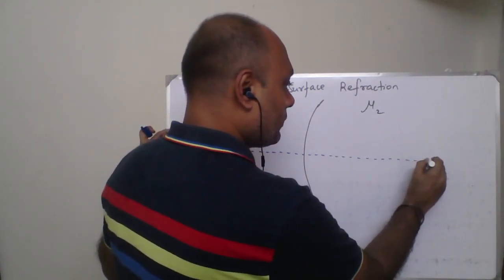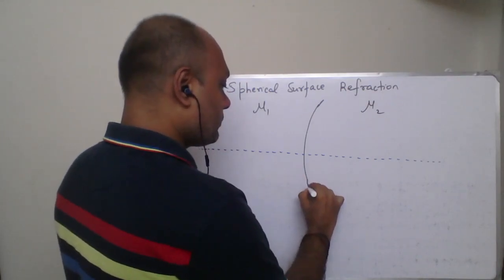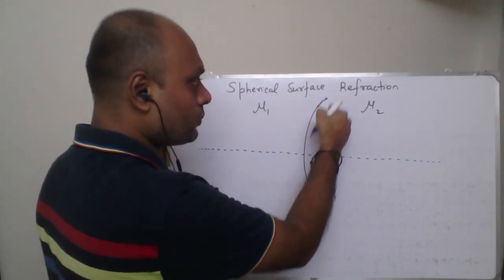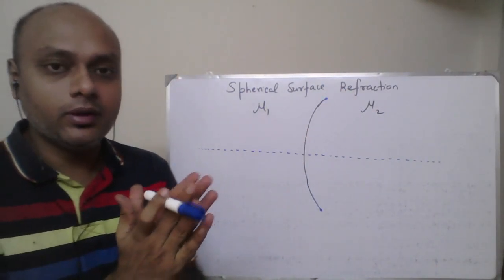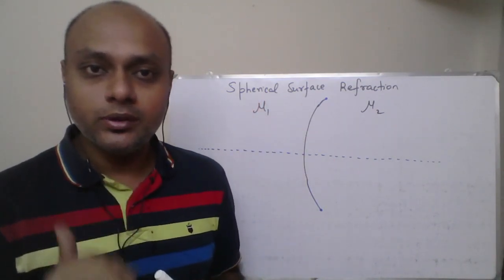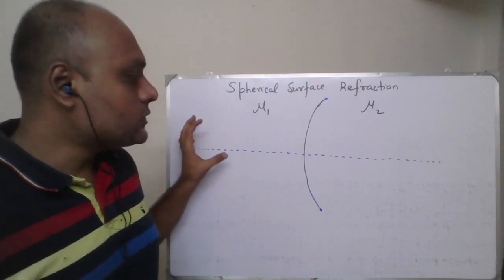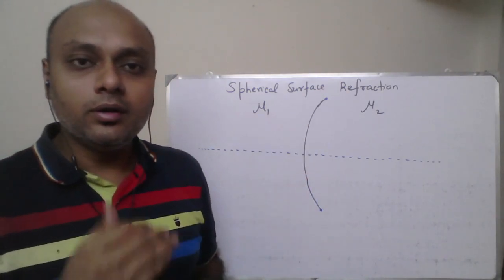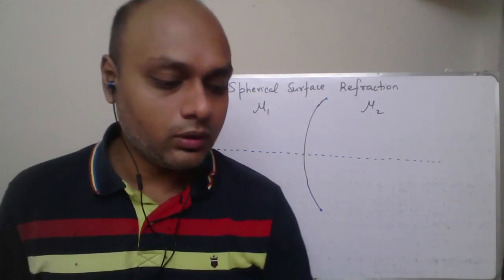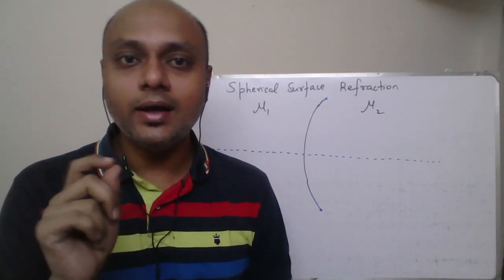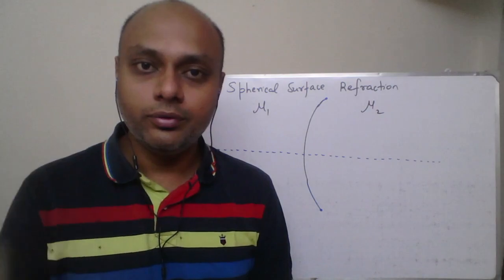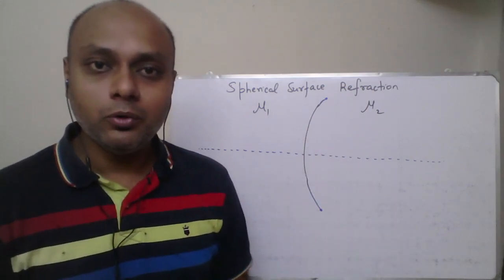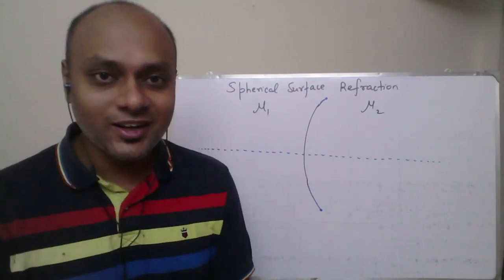Note that this aperture, meaning the straight line distance between this point and this point, is very small. It's a small aperture that we are considering for the boundary. This assumption is there so that we can assume the incident rays to be close to the optical axis. If the aperture itself is small, the incident ray is not going to be very far off from the optical axis, so that we can assume the angles, the angle of incidence, angle of refraction and all, to be small. When I make the diagram, you will be able to see that very clearly.